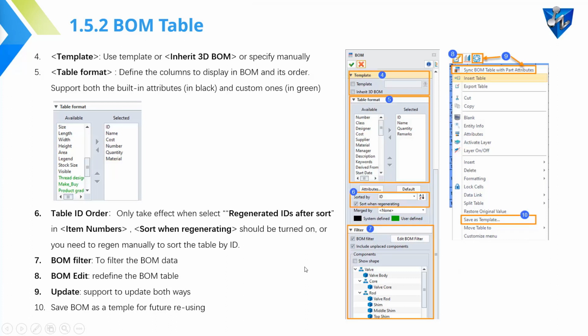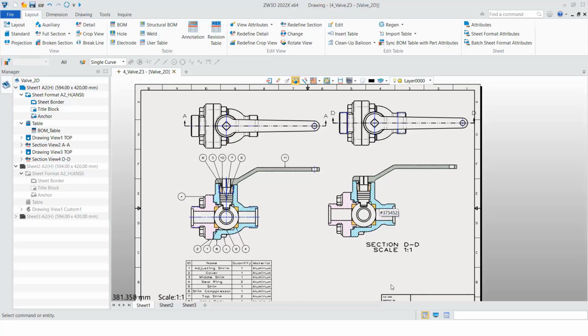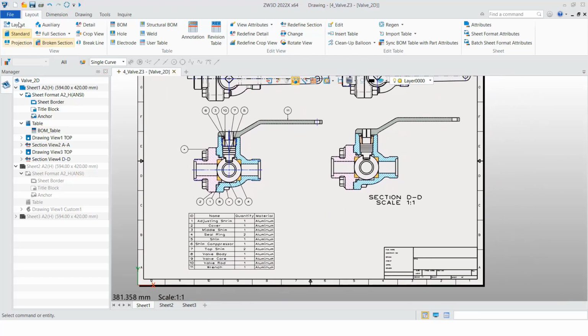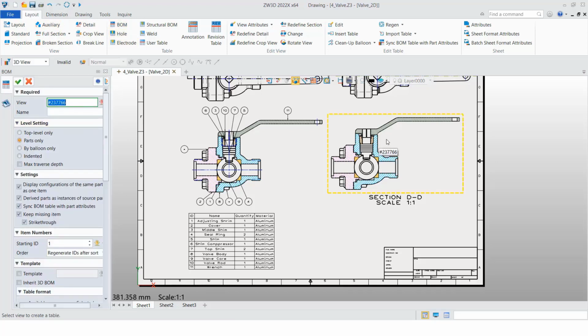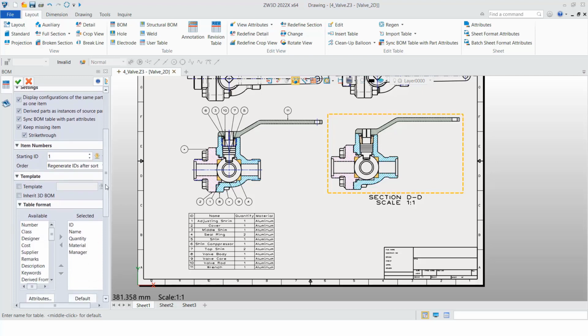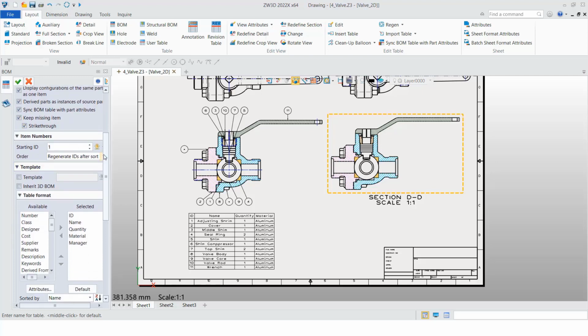So let's check out inside the software directly. Let's still check this valve assembly. To create the BOM, we can just go to Layout tab and BOM. So we can choose the view like this, and name you can just leave it empty. And also the level setting, this is very clear, just top level only or parts only. So here we just choose parts only,